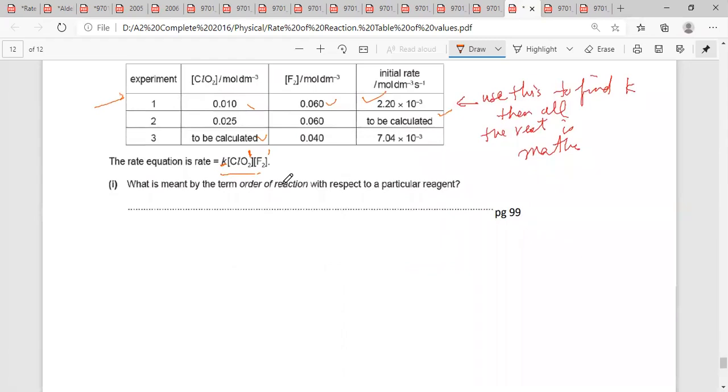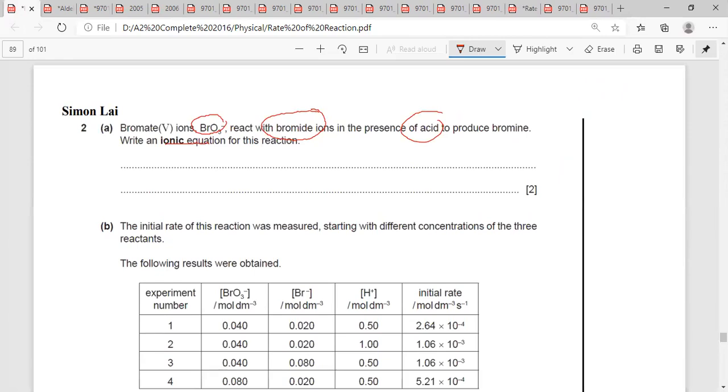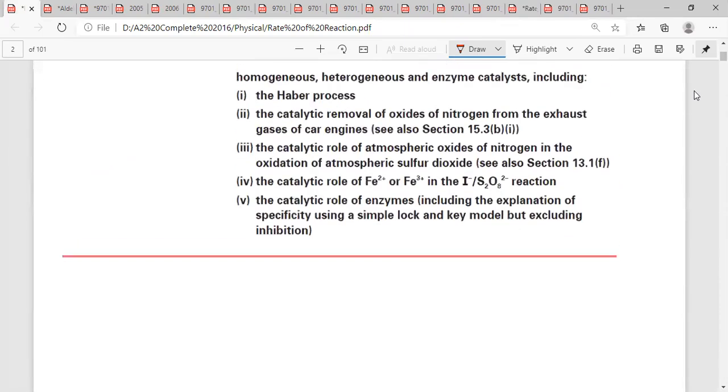Okay, I finished all these rate law things, using the table of values. Now let's go to the final bit here, which is actually mechanism, which I can finish today. About half an hour more or so. So here,